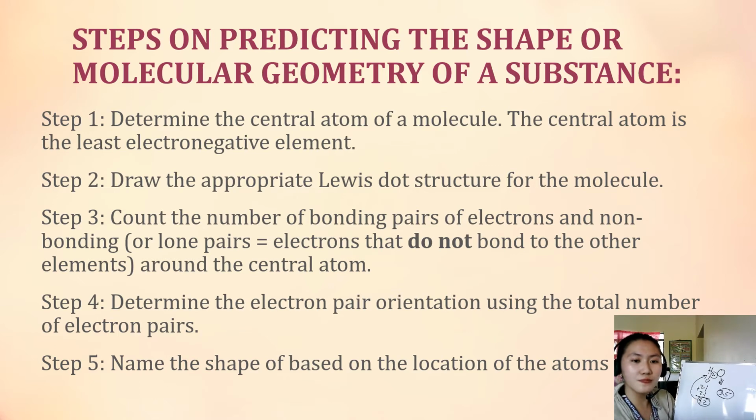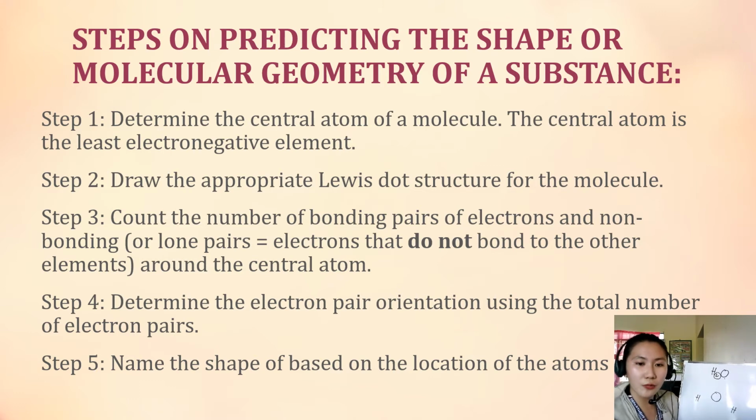So sabi dito, the central atom is the least electronegative element. So, sino sa kanila yung may pinakamaliit na electronegativity value? Very good. It is the oxygen. So, meaning, oxygen will be our central atom. Okay, let's erase this one. Okay. So, oxygen center and then hydrogen on the side. Okay? Next step is to